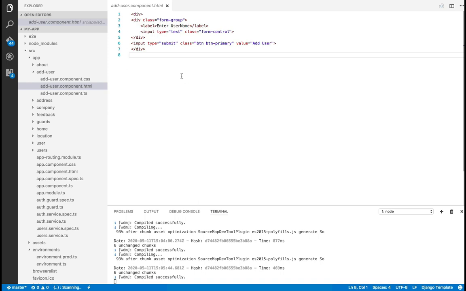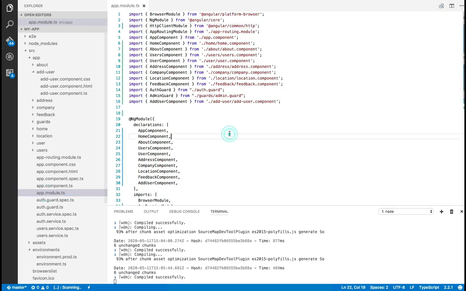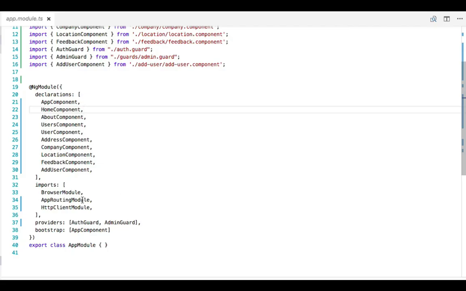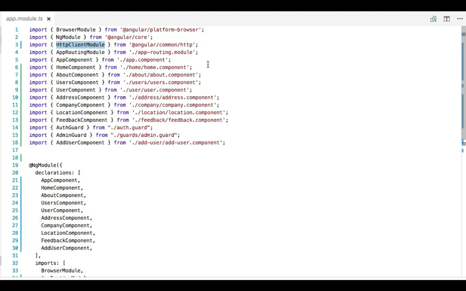But before starting with the guard, I want to add one form class so that we can know the status of the input field. We will not discuss forms in detail, but we will work with a few of the classes. So first you need to move to app.module.ts. Like we can see here, we have routing module, HTTP module. In the same way in Angular, if you want to work with forms, we have a module. So now we need to import the same.